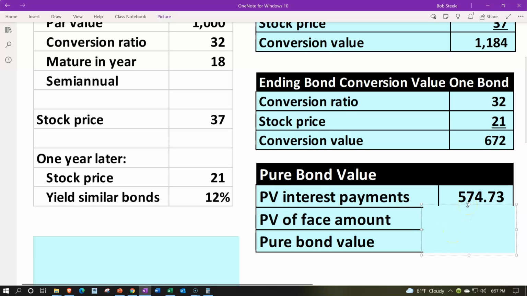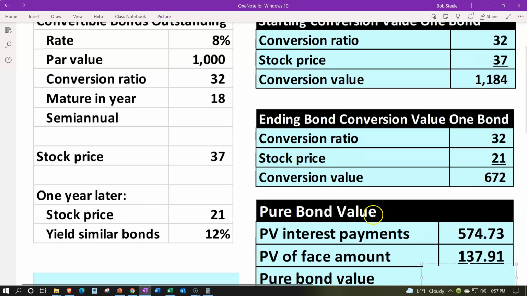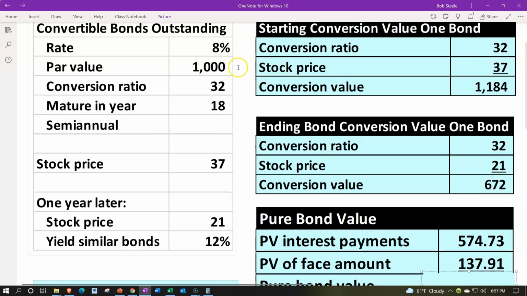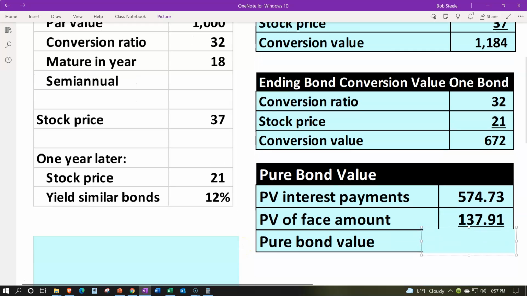574.73. We do this in Excel, by the way, so if you want to go to the practice problem in Excel to see that calculation in Excel, you can do that. And then we would take the present value of the $1,000 at the 12% market rate, bringing it back as well, present value. It would get us to the $137.91. If we add those two up, we have the pure bond value at the